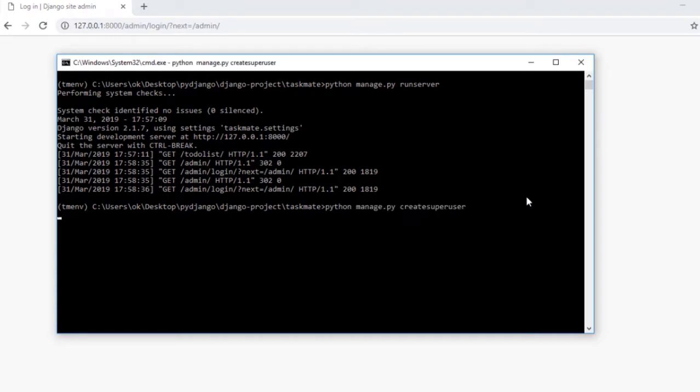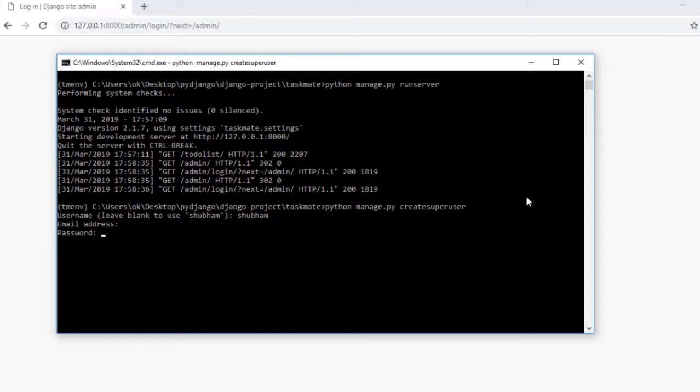Now this will help us to register a new user which has all the power, that is, he is the admin of the website. Select a username and password for your project. I would be using Shubham. You can use admin, you can use your name or anything else. Then you need to provide an email address. Since you are working on a demo project, you can leave this blank. If you are working on a real project, do provide a valid email address.